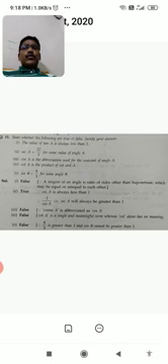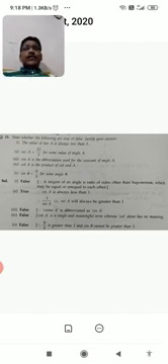Sec A equal to 12 upon 5, for some value of angle A. See here, the first statement is false: a tangent of an angle is the ratio of sides other than the hypotenuse, which may be equal or unequal to each other. Therefore, it is false. Next, secant A equal to 12 upon 5 for some value of angle A is true only, because cos A is always less than 1, and secant A equals 1 upon cos A.